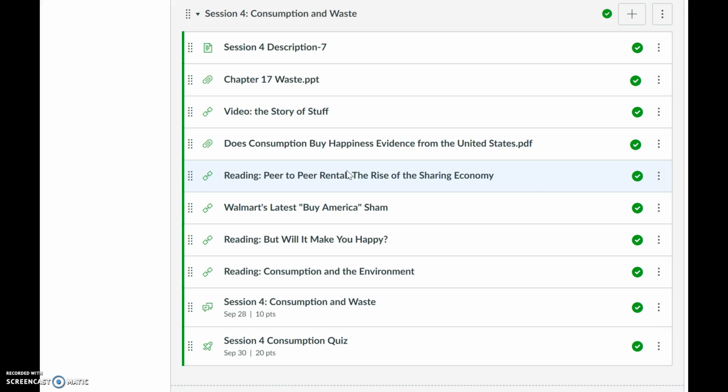There's places where you can rent tools. We have that in my neighborhood as well, where we have a tool shed, and you can rent tools from that tool shed. Instead of everyone buying their own chainsaw or circular saw, you can actually just go rent it. And this is the idea that it's going to decrease the amount of stuff we have to buy, because why not just rent it from other people?